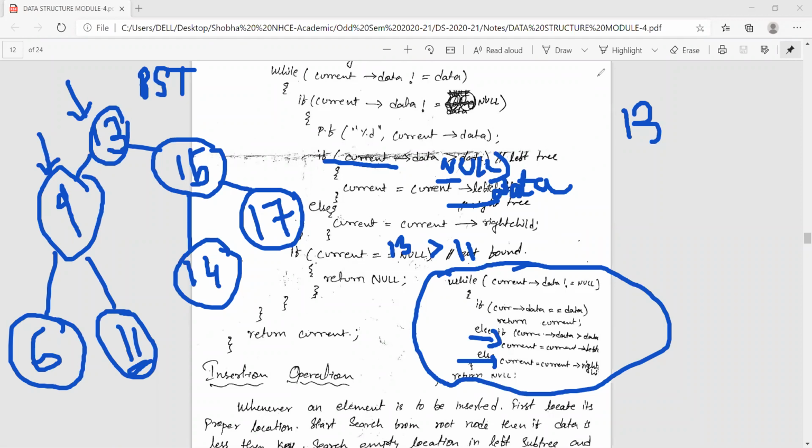Otherwise, you will move to the right subtree and repeat the process on each node. Okay, so this is how your search operation is performed in a binary search tree. Got the point? Any confusion?